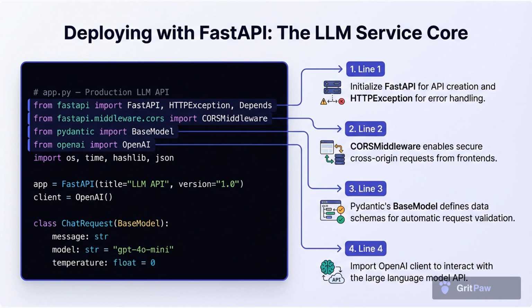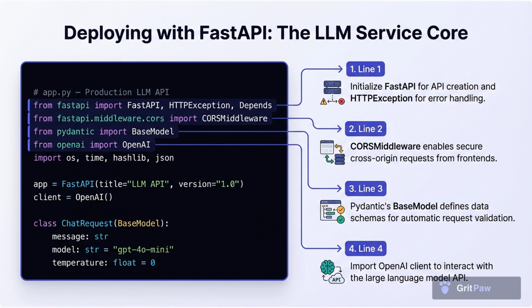Let's start building. We begin our build by establishing the core of our LLM service using FastAPI, a modern, fast, high-performance web framework for building APIs with Python 3.7+, based on standard Python type hints. On line 1, we import FastAPI, which will be the foundation of our web application. We also import HTTPException for handling errors gracefully and Depends for dependency injection, which is crucial for modularizing our